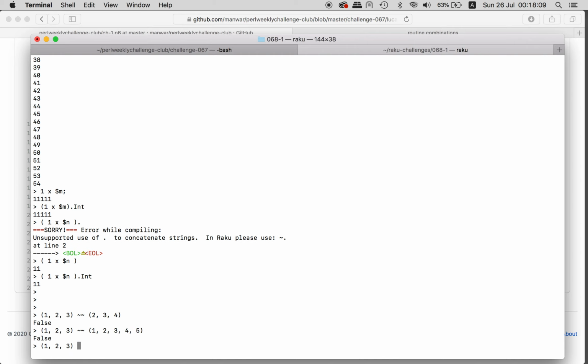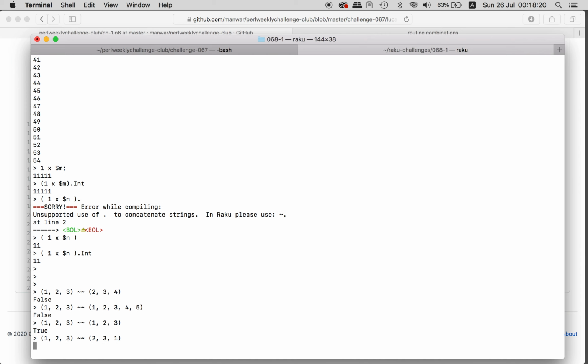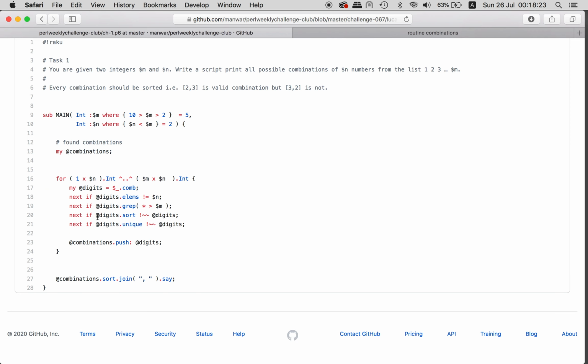1 2 3, obviously 1 2 3 will be okay, but 1 2 3 3 2 3, okay, 2 3 1, it's false. So basically it gives us if the sorted array is the same array as itself, and finally if the unique array is the same as itself. Basically when we call unique, we remove all the duplicates if they happen to be there, for example, like for number 33 or 44. And then we push the combinations, and then we join, we sort again, and we print this